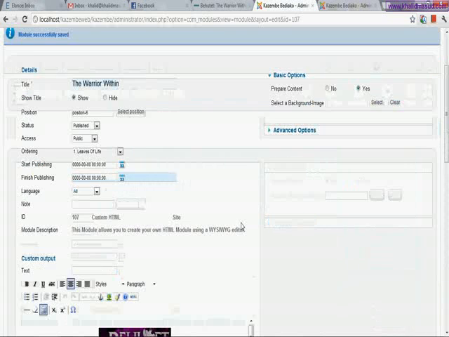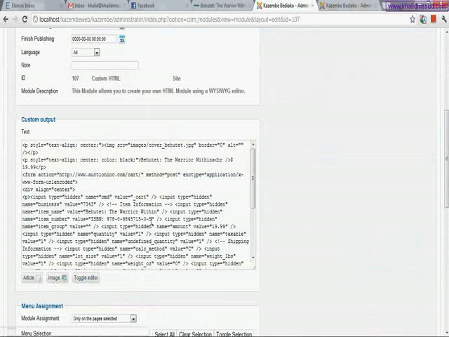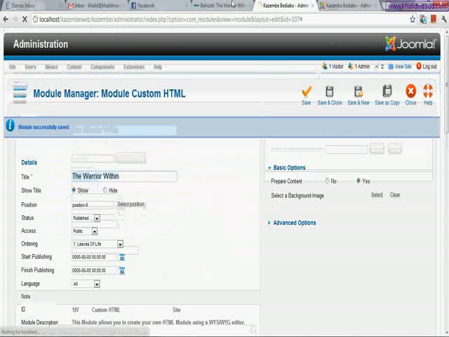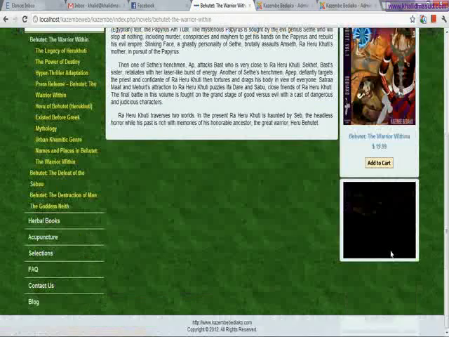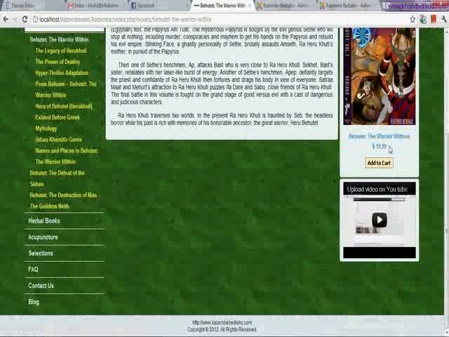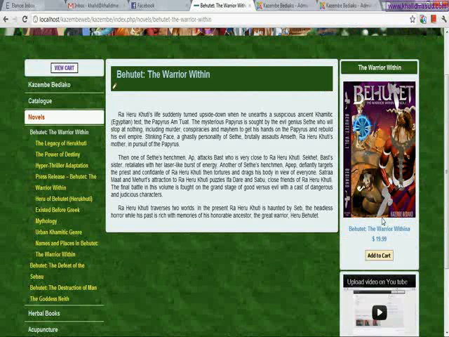But if I now make some changes in this code and refresh here, you can see that our simple mistake, or simple extra words, has changed everything in this module.